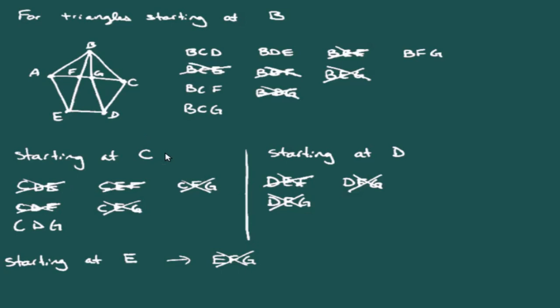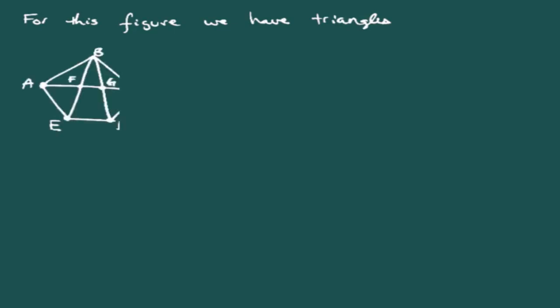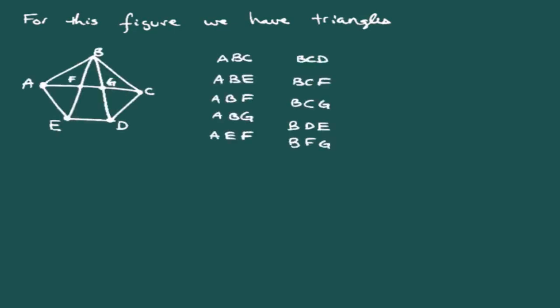So how many triangles do we actually have in this figure? Well, if we add up all of the ones that we've counted, we see that we've got ABC, ABE, ABF, ABG, AEF, BCD, BCF, BCG, BDE, BFG, and CDG, only giving us a total of 11 triangles in this particular